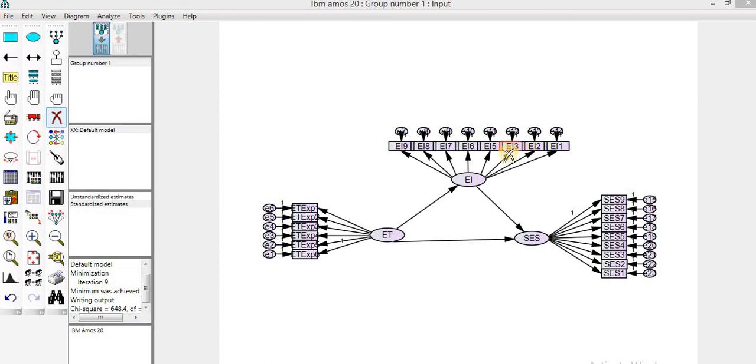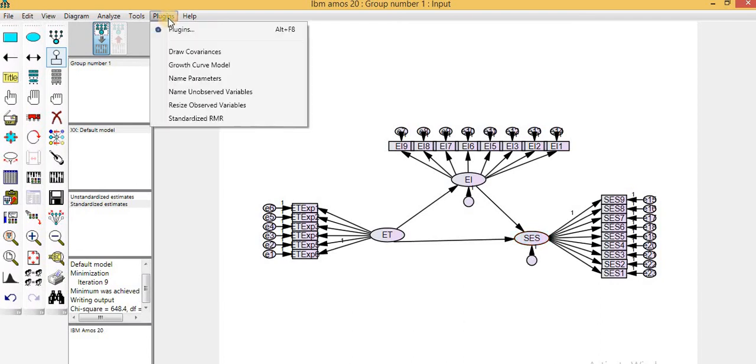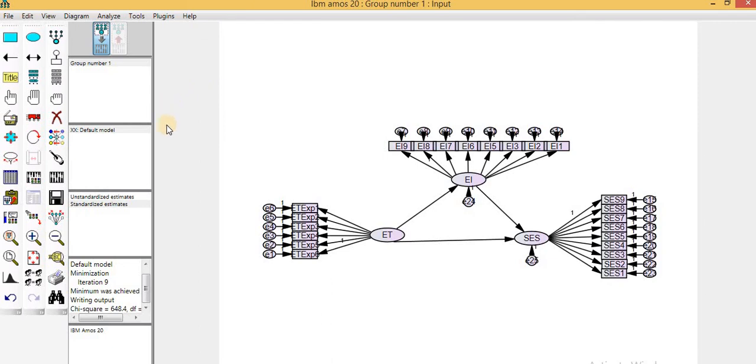When you have drawn your structure like this, you need to fix the error term on the variables which are endogenous in nature. Then click on plugins and ask for the option named unobserved variables. So you are able to perform the results. Results are hereby performed. Click on this button. You can see that